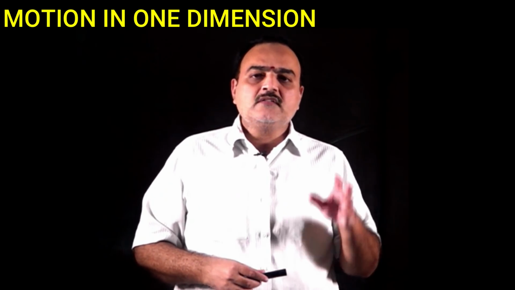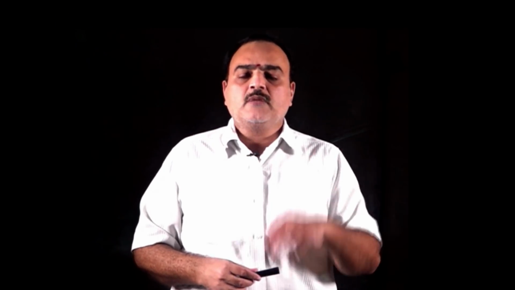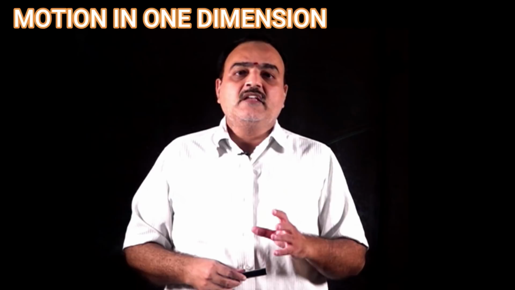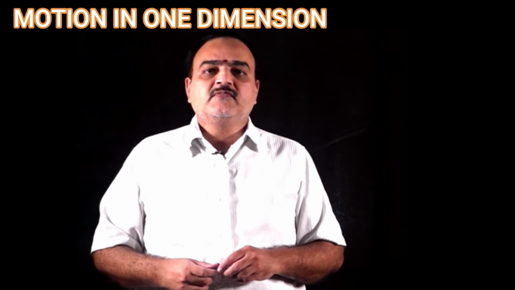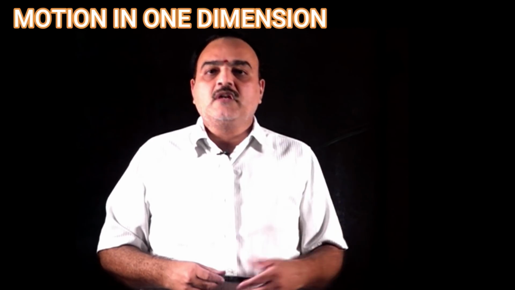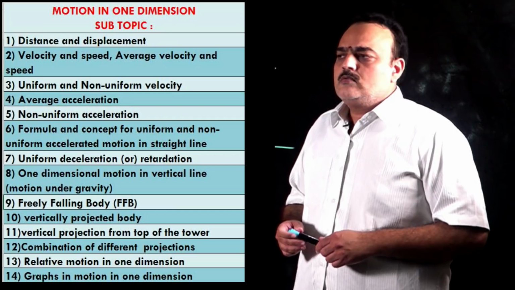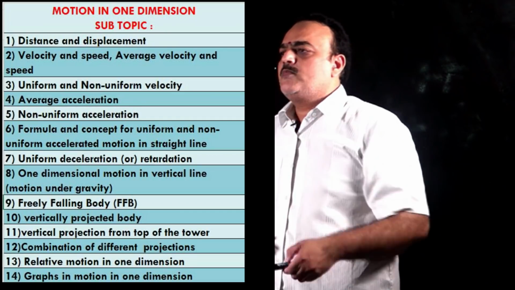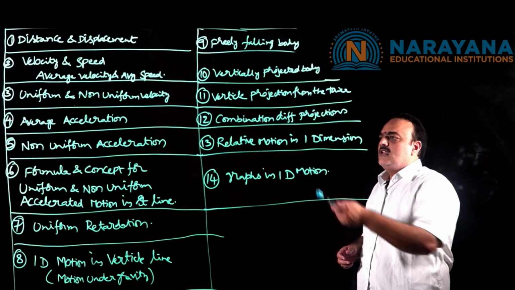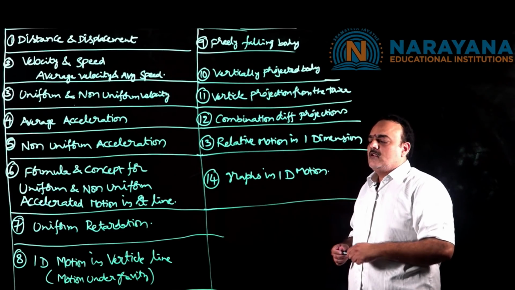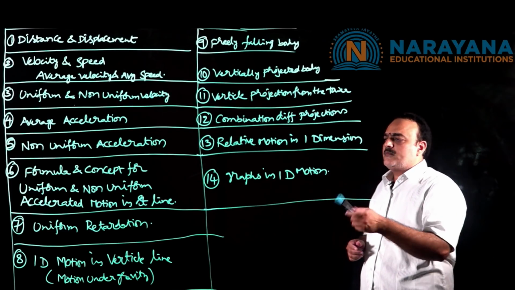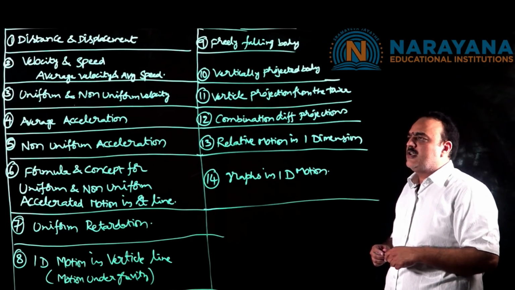If you don't practice this minimum number of models under each subtopic, you don't get a grip over that particular subtopic. That will improve your application orientation. So, if you look at now, what are the subtopics under the heading of motion in one dimension and motion in two dimensions, I will display here the different subtopics. Students, if you now look at the list of various subtopics that I have mentioned here in motion in one dimension. Now again I display the list of subtopics under the heading of motion in two dimensions separately.